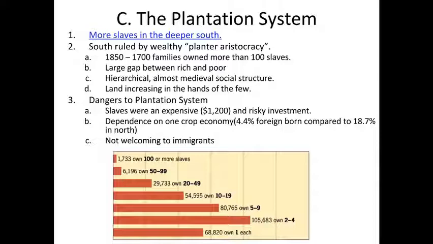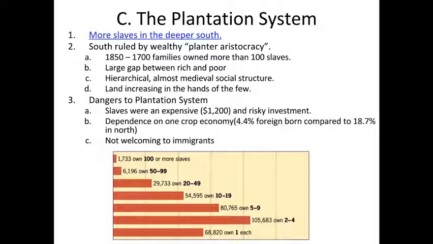So there were some dangers of that plantation system. So slaves were very, very expensive. So again, like I mentioned before, you had to feed them, you had to clothe them, you had to house them. It was kind of a risky investment. Some might try to run off. And if you had to give some kind of punishment, that could inhibit them from doing their job. But it was a very risky investment. And slavery, of course, people don't want to be slaves. Most of them, unless they're conditioned to want to be slaves, if they're being sold at auction and their families being torn apart, they don't want to be in a position for the rest of their life as a slave. So it's a very risky investment.